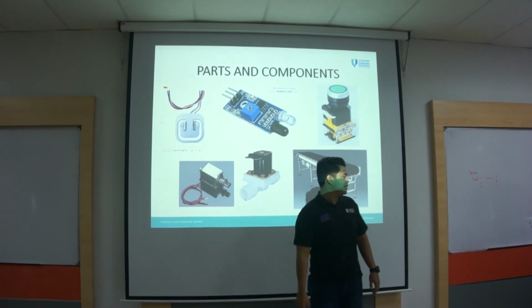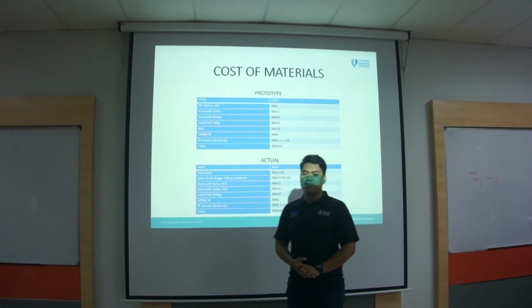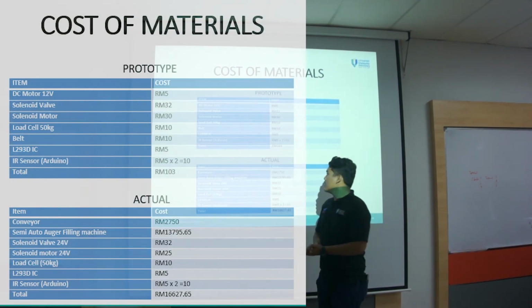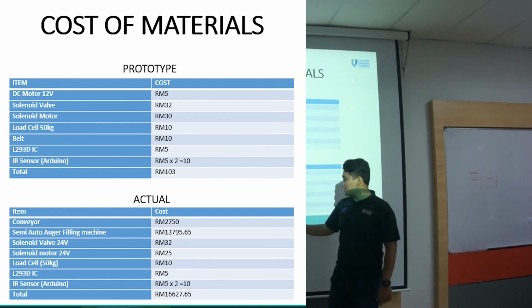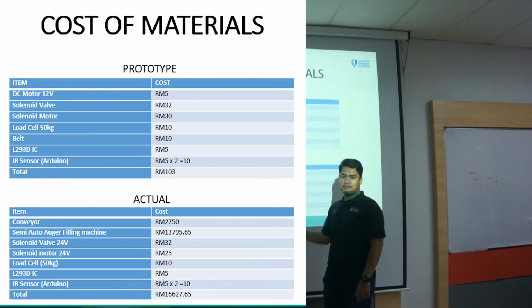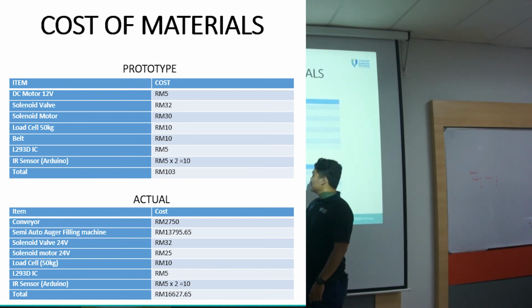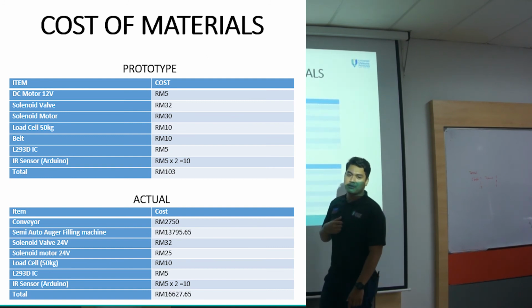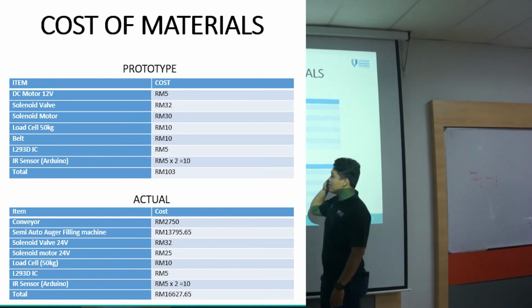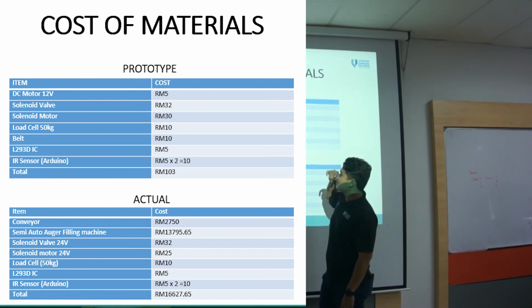So next. Okay, for the cost of materials of our project, I will tell you the crazy number first. The total is 16,000. Even my PTPTN didn't have that much. So our method is, we do it ourselves. Instead of buying the actual machine at the market price right now, 1400, we do it ourselves by